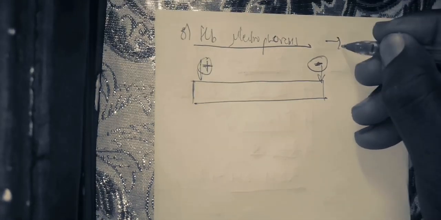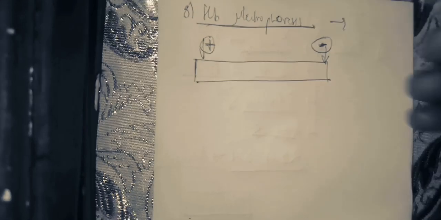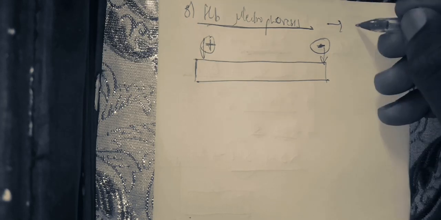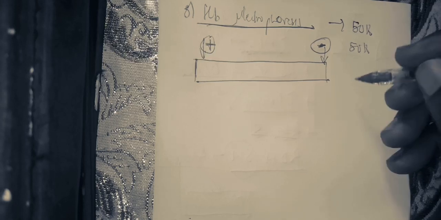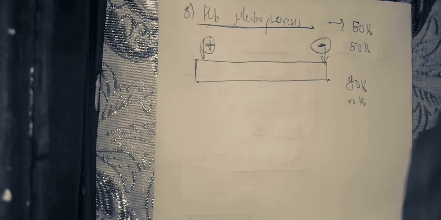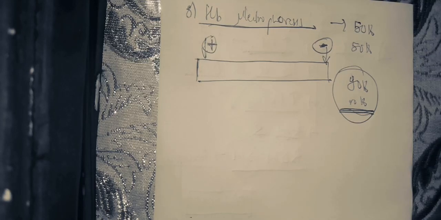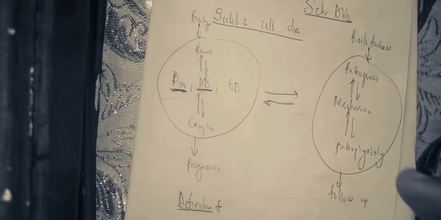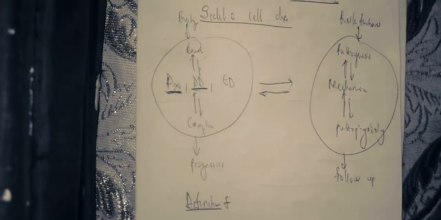It can tell you the percentage of the sickle cell hemoglobin that is present. In this case, it is also going to help you to assess whether a patient is AS or SS. If you have 50% adult hemoglobin and 50% sickle cell hemoglobin, it means that you are AS. If you have 90% sickle hemoglobin and only 10% adult hemoglobin, it means that the patient is already sickle cell. There is a predominance of the sickle hemoglobin. So that is for the diagnosis of the disease. For the differential diagnosis, you're going to visualize that in each of the diseases, because we're not going to speak about that. For the cause of sickle cell, as you have already explained,